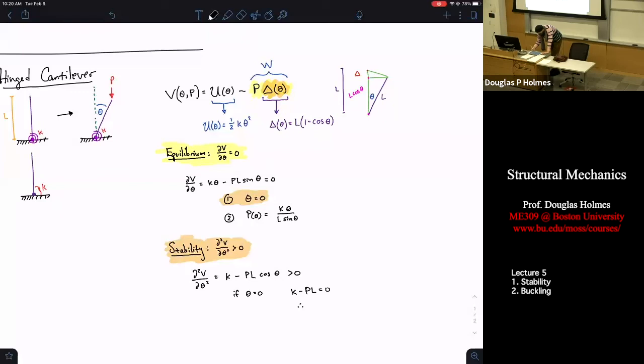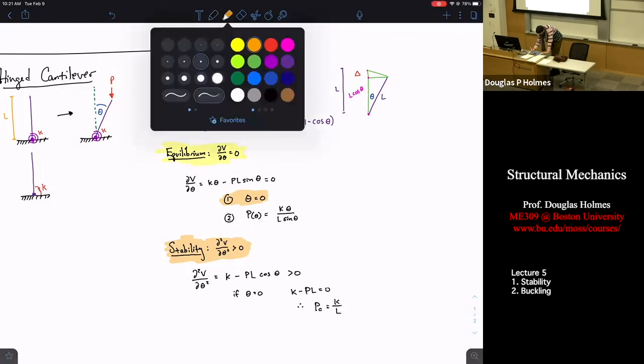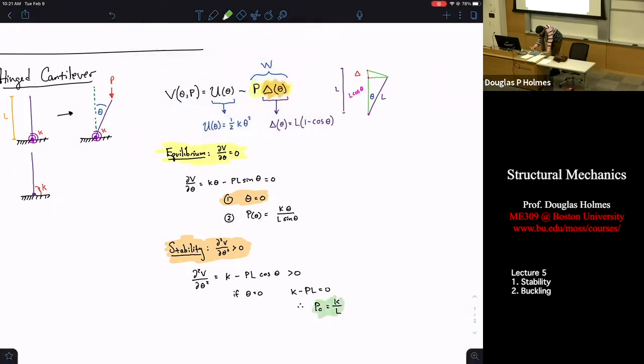Therefore, another 3 little dots. There is a transition. There we go. That occurs at this critical load. Think about what this means for a second, because it's kind of the crucial takeaway from all of this. It means